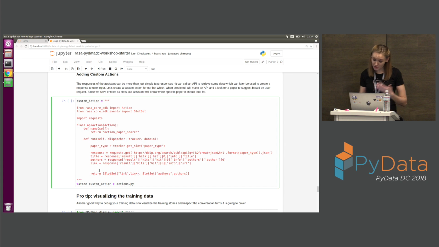I will call the dispatcher, which is responsible in Rasa core for dispatching messages back to the user. It has a method called utter message, which sends messages back to the user, and here I can define what kind of message will be sent. Again, it's not mandatory. If you have some specific action which doesn't really have a text response, it can be something else. It can be a picture that your assistant would send, or a video, or it really depends on your use case. But here I will define a message that will say, I found a paper